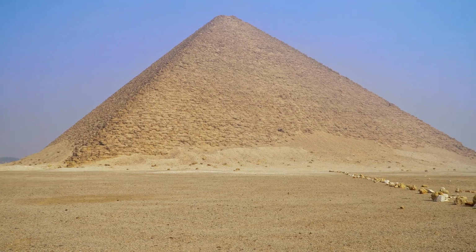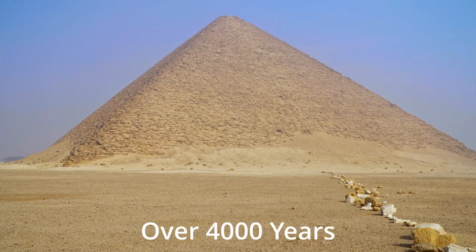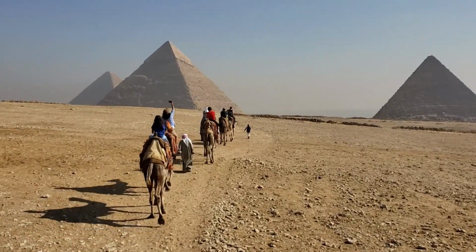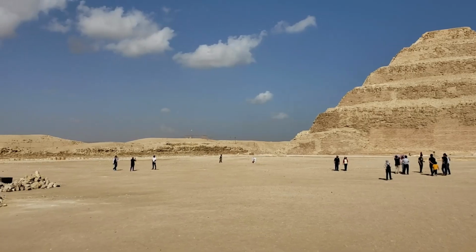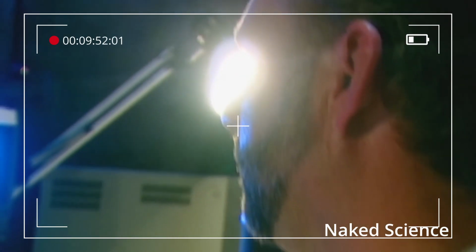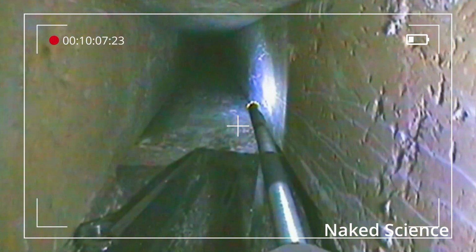The Great Pyramids of Giza, with a height of 480 feet, have stood for over 4,000 years in the Egyptian desert. This is a timeless monument, and its construction has left engineers and explorers in awe. Hidden within its stones lies a mystery so profound that a robotic camera had to be sent inside to uncover it. As the robot advanced through the narrow shafts of the pyramid, it suddenly came to a halt, blocked by